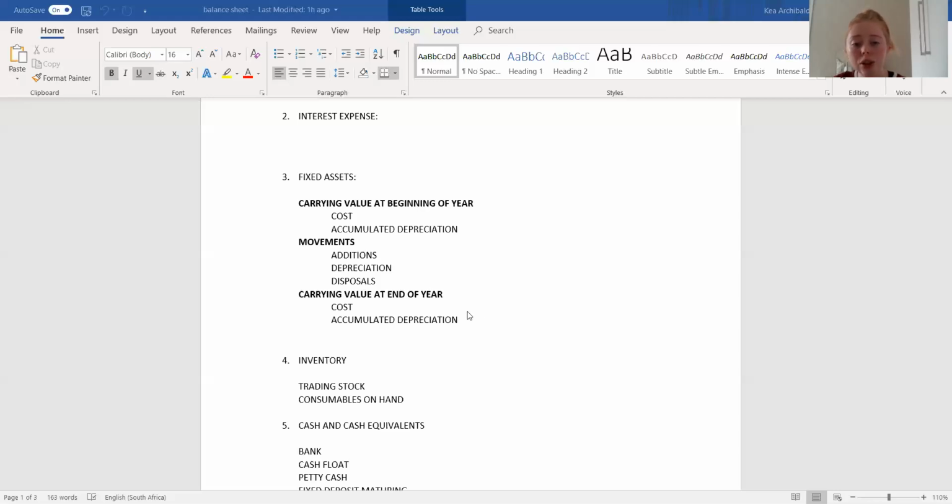Accumulated depreciation will be this accumulated depreciation plus any other depreciation for the year minus depreciation that was based on